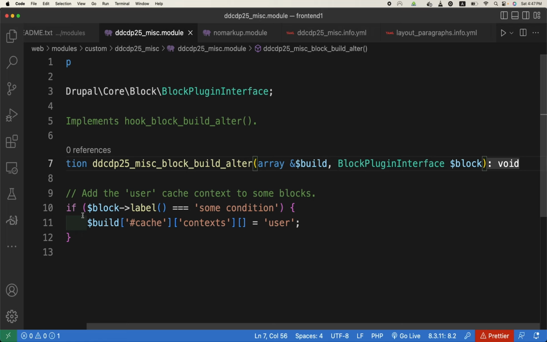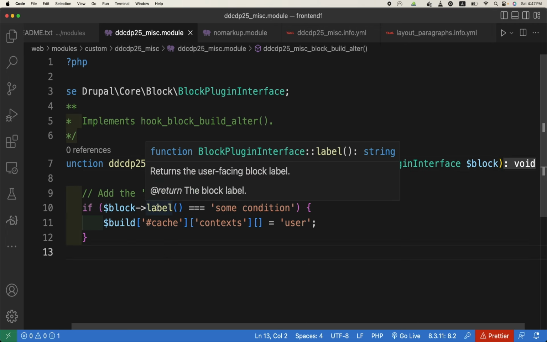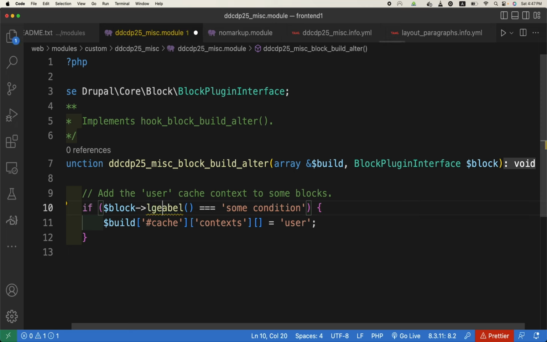Okay, if we dump the block now, or rather than dumping, what we can do is check the block label with some condition and then cache, or we will use the block plugin ID. So you now know what the plugin ID of a block is. There is a method on the block itself which is called getPluginId. So if the block getPluginId is system_branding_block, only then